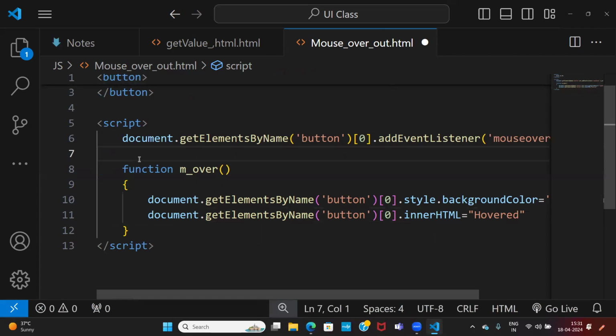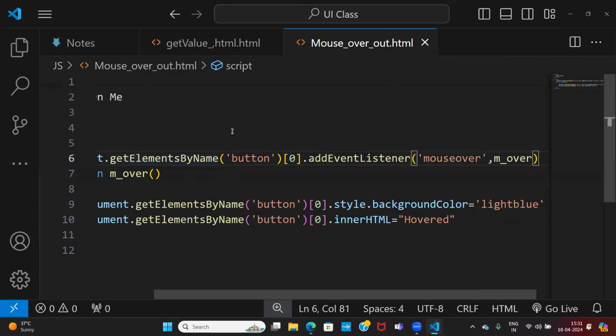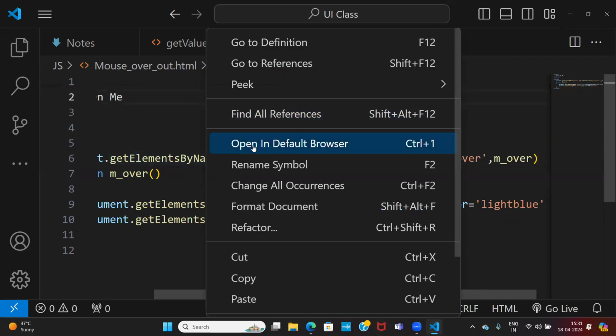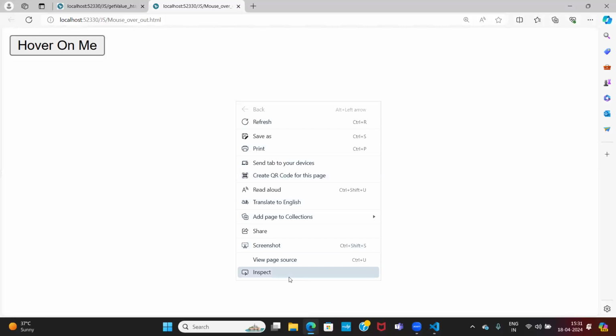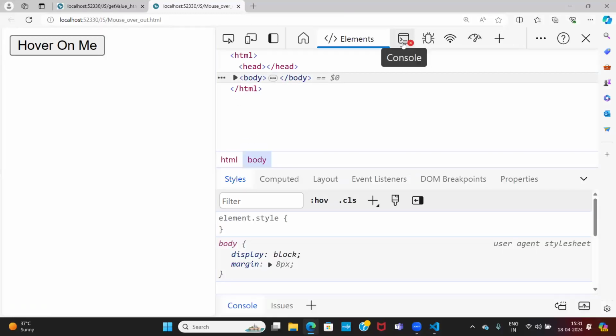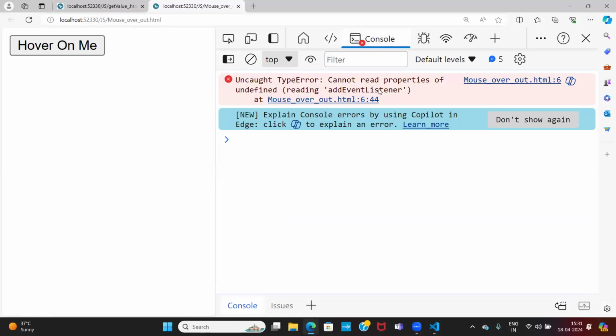Now this is mouse over. Okay, let me check. Right click on this, open in the browser. When I do the mouse over, something is going to be happening but not executing. So what's the problem? Inspector, some issue is there. What's the problem is add event listener is